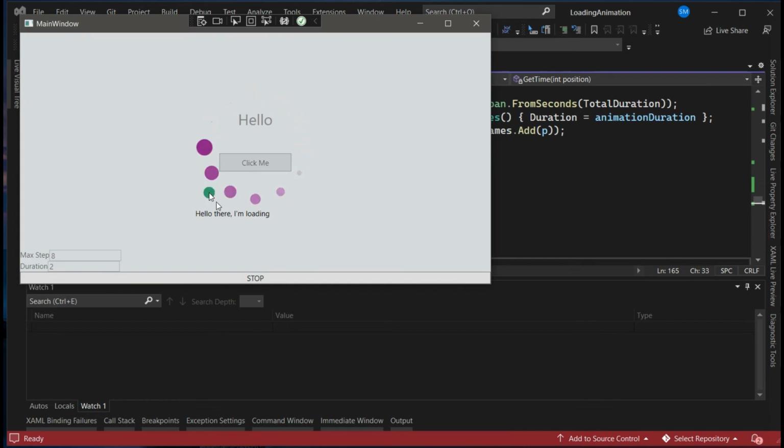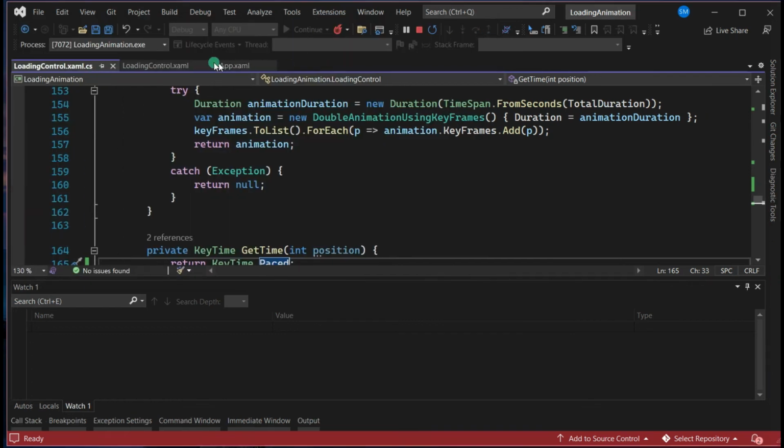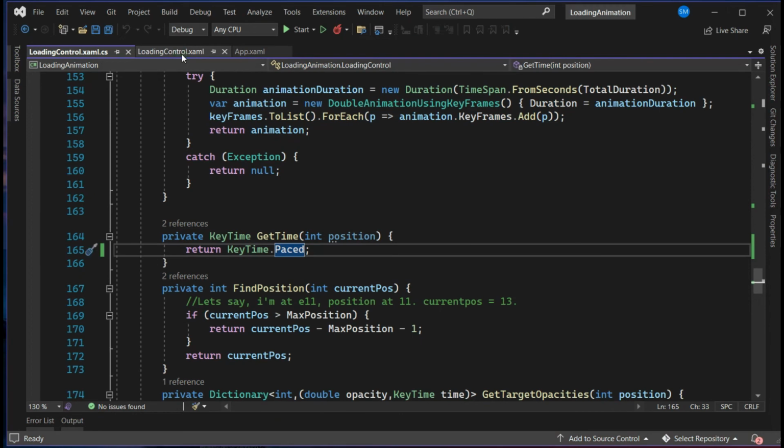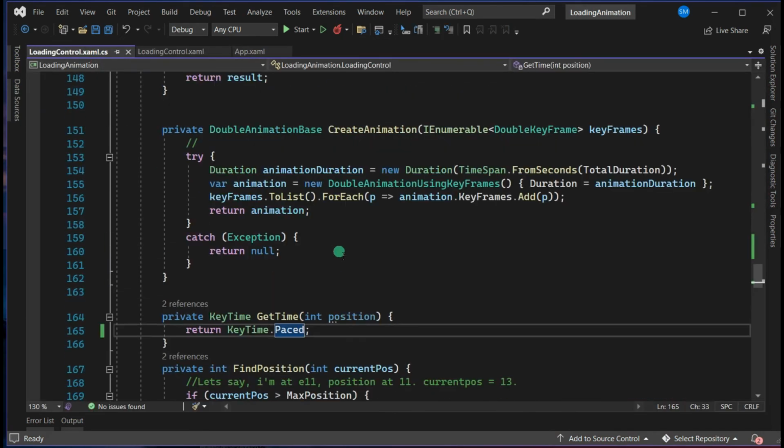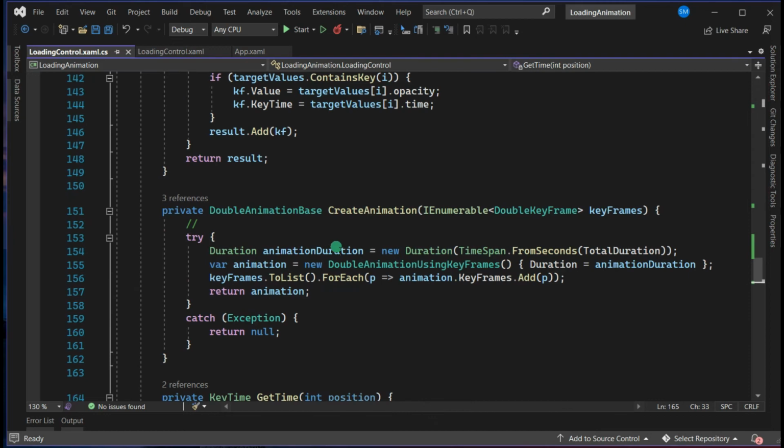Okay, I think this is fine, even though we don't have this whole continuity, but we have somewhat achieved whatever we needed. We are moving the animation, and at the same time we are doing this. Now let me do something else. If you don't want this second animation, which is your